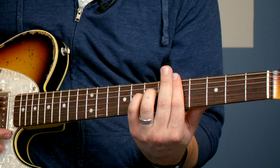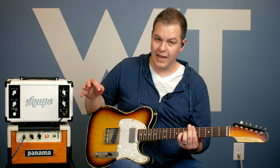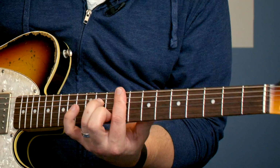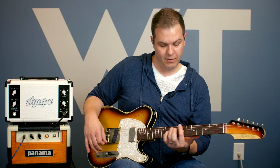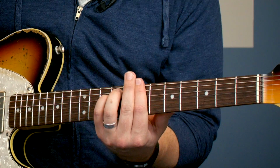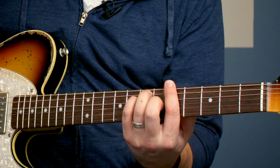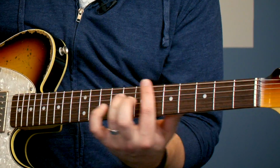Okay, so that's that D bar chord shape that we played before. Now from there, you're going to go to an A, and if you go back to this G that we just did, if you take G and move it up 2 frets, it makes an A. And then we're going to play the B minor, which I just like to play the B minor we did before, and then the A that we did before. So B minor, A, and then do it again, G,